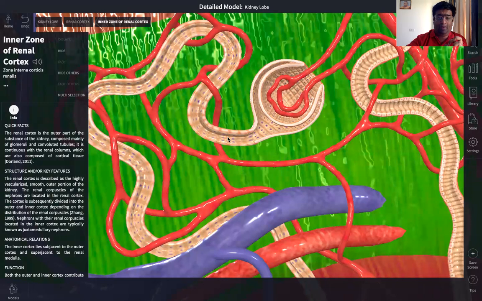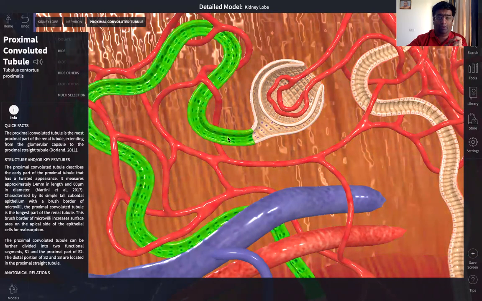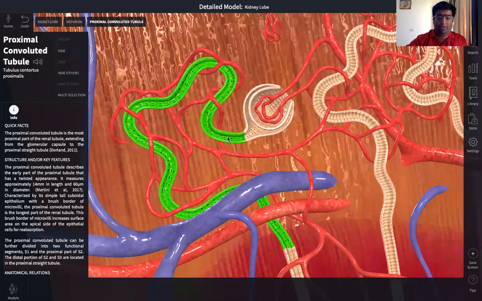Now, this filtrate will enter the renal tubule, first passing through the proximal convoluted tubule. So this proximal convoluted tubule is lined by cuboidal epithelium provided with microvilli to increase the surface area for reabsorption. Because the filtrate that is flowing through the PCT contains a lot of useful substances like water, glucose, amino acids, vitamins, etc. So these are to be reabsorbed, the ions, sodium, chloride, etc. So the majority of the reabsorption takes place from the PCT.